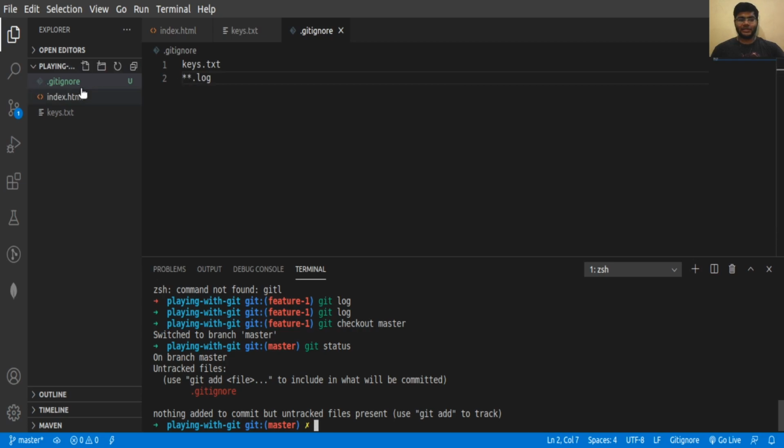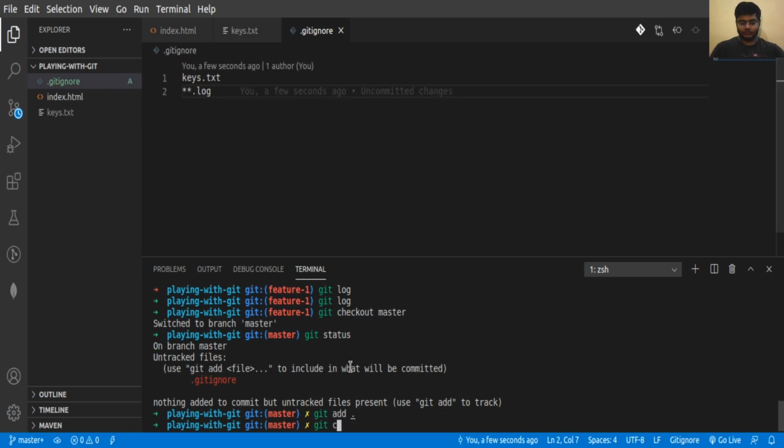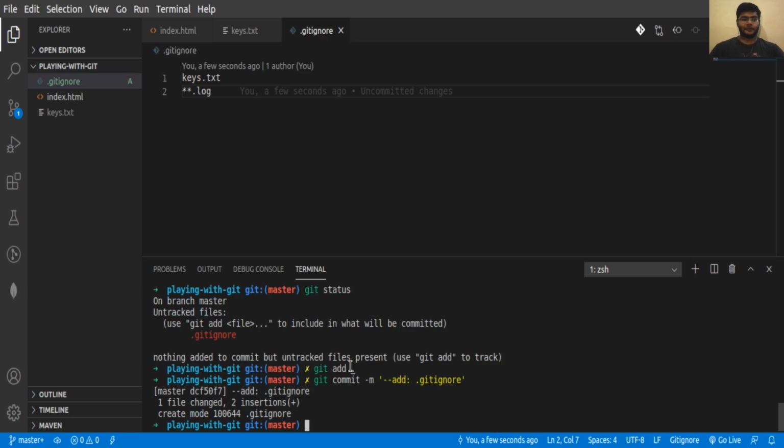We have this .gitignore file, which will consist of the names of all the files and folders we don't want to commit to Git. So let's add and commit it. Okay, so let's move forward.